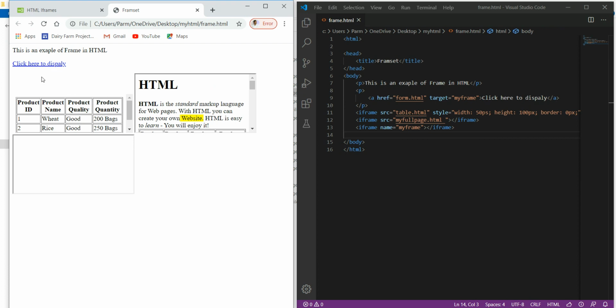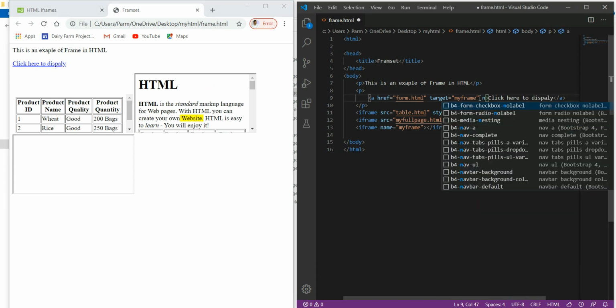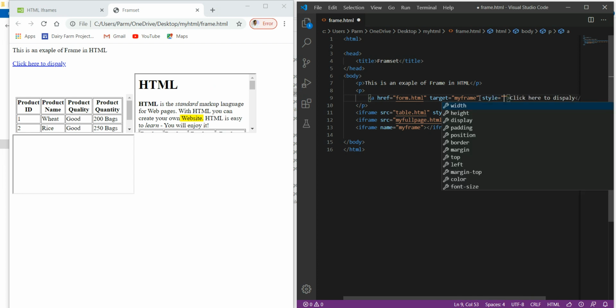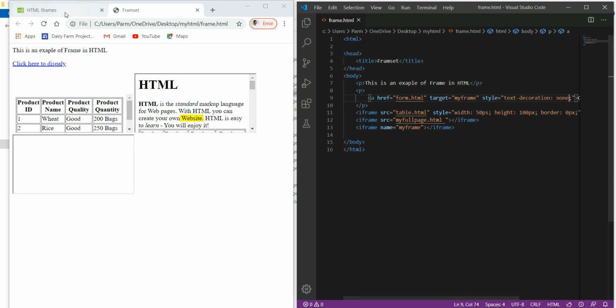If we don't want the underline, then we can use the style property, text-decoration equal to none. Save this, refresh, and we will see the underline is removed from here.